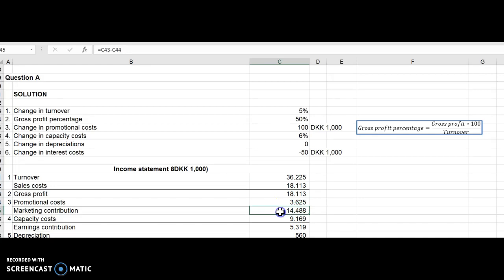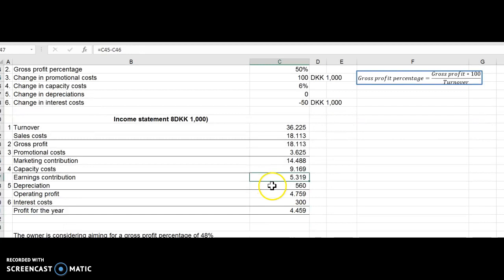And we have a marketing contribution of this amount, and then we have capacity cost increased by 6%. So we take the old figure and multiply by 1.06. That's the way to increase a figure 6%. And then you have what they call earnings contribution, but it's profit before depreciation. And you have unchanged depreciations, and you have interest costs of 300 because they decreased by 50. And then you have the new profit of the year,